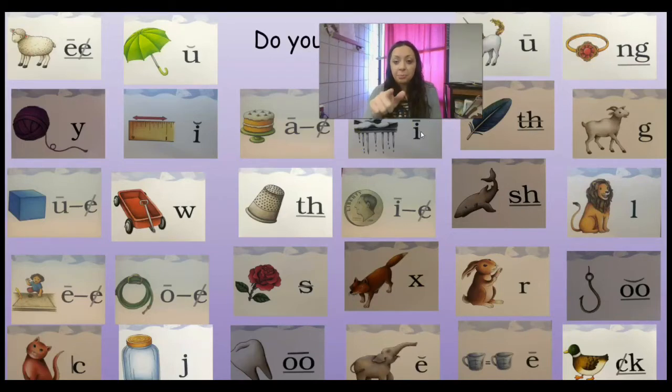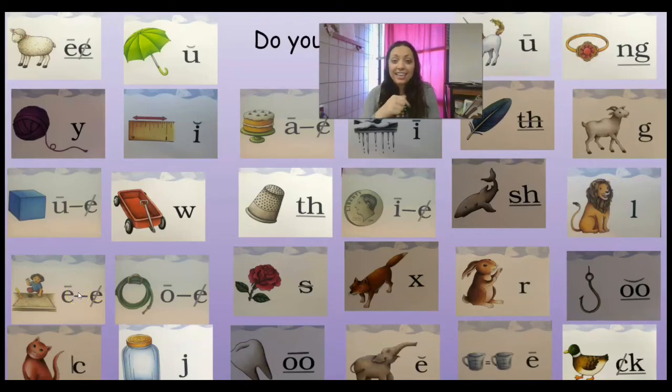Icicle, I, feather, digraph TH, goat, G, cube, U consonant E, wagon, W, thimble, digraph TH, dime, I consonant E, shark, digraph SH, lion, L,